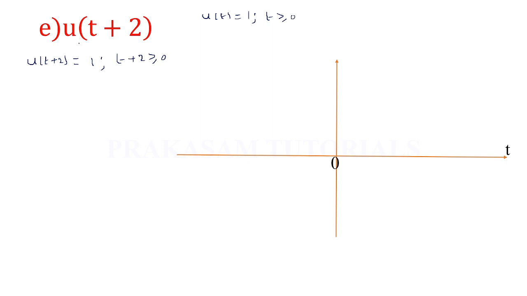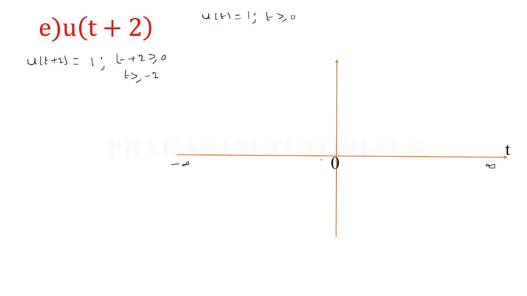So now here we want to find out u of t plus 2. Using this definition, u of t plus 2 is equal to 1 for t plus 2 greater than or equal to 0. So this 2 is going to the RHS side. We have minus 2. So that is t greater than or equal to minus 2. So the range of the t is minus infinity to